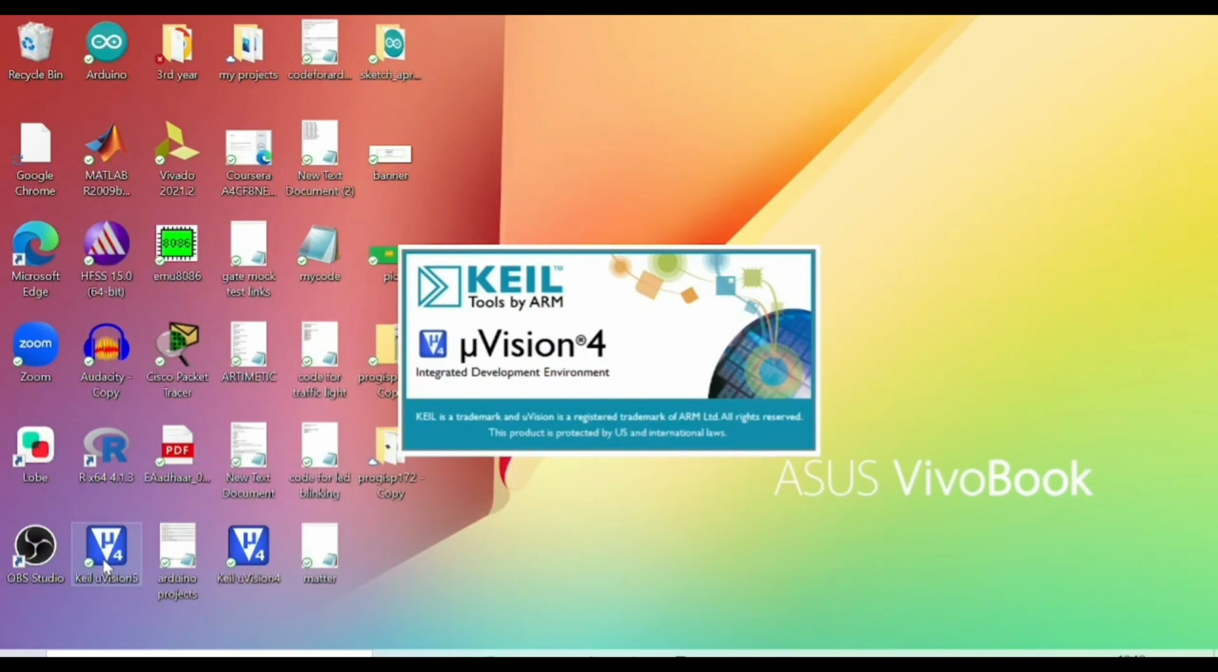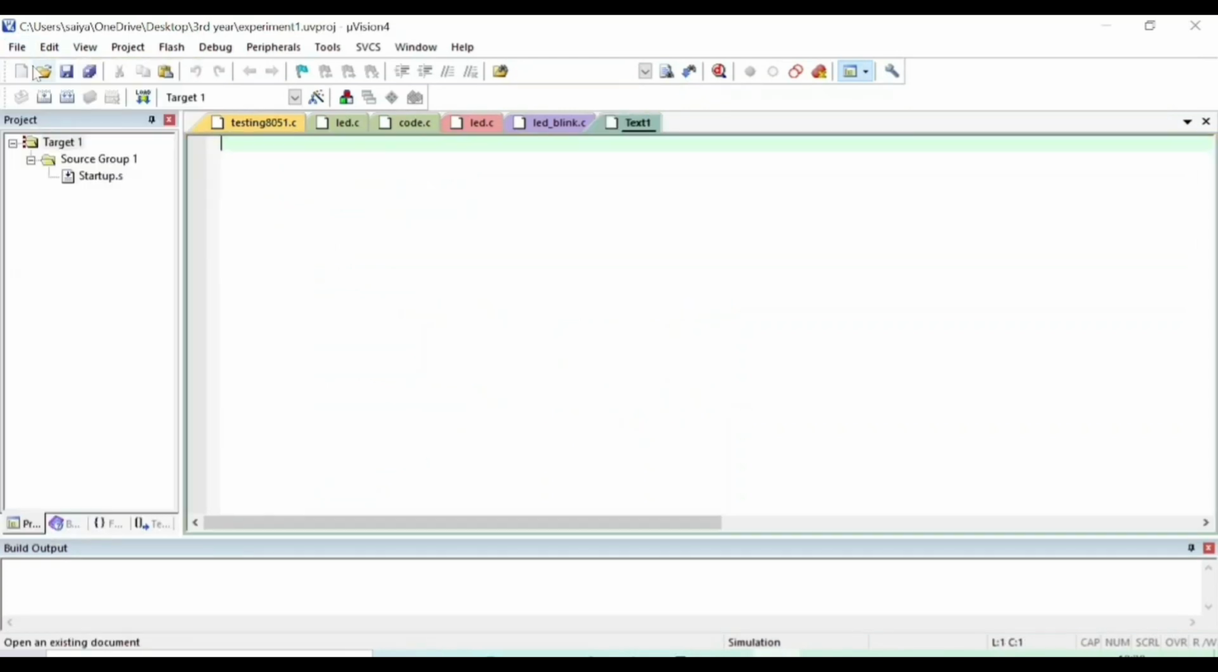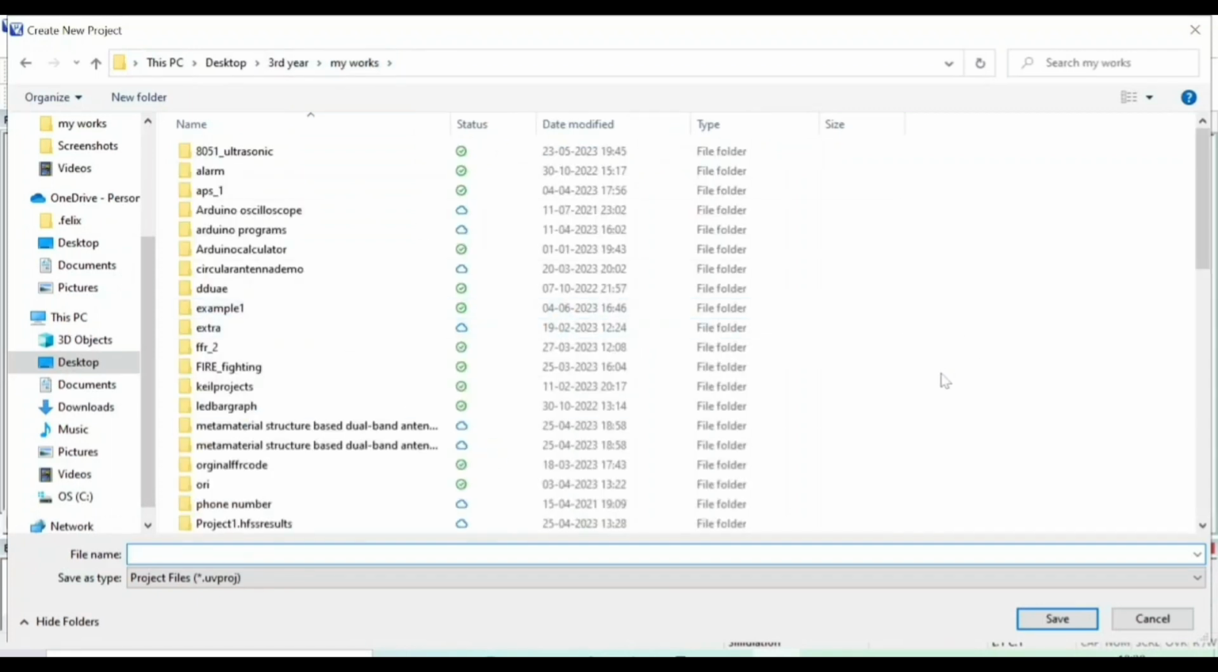Wait a minute, it will take some time to load. If you are new, as I already tried a different code, it is displaying that code. But if you are new, just go to File, click on New. Go to Project, click on New Microvision Project,